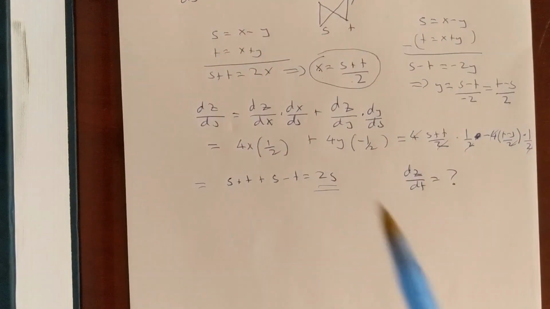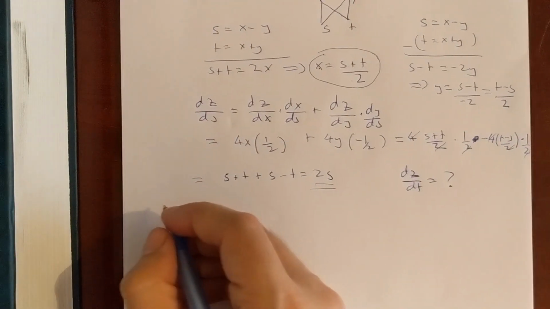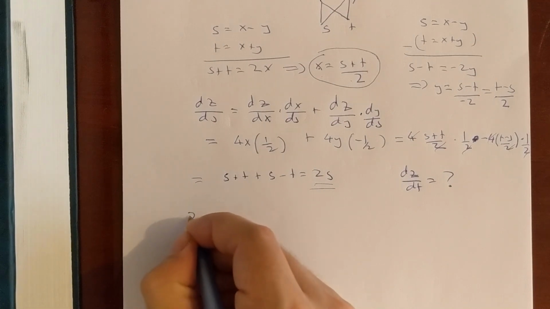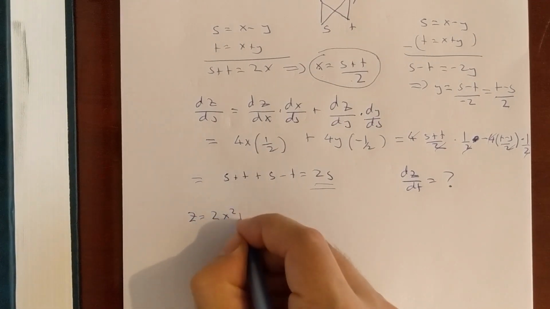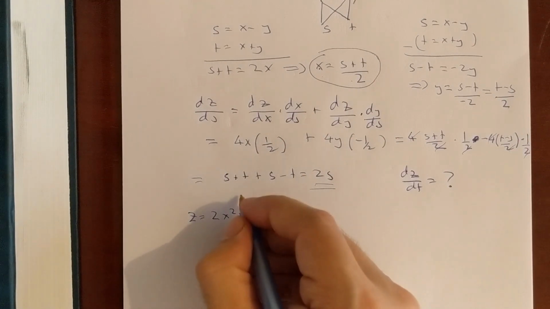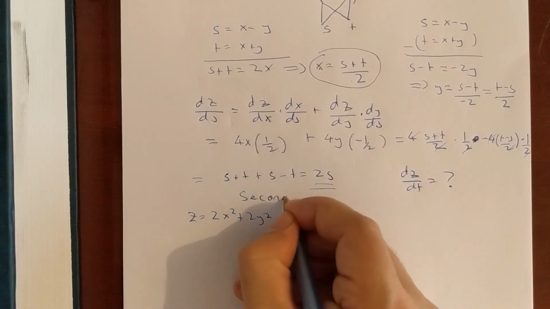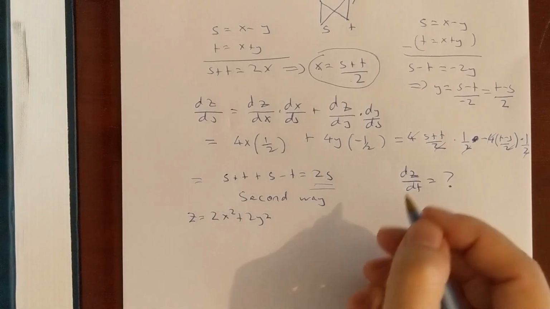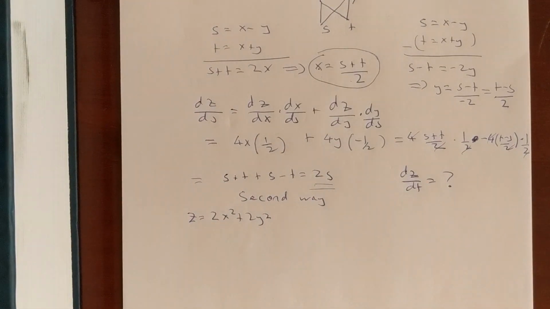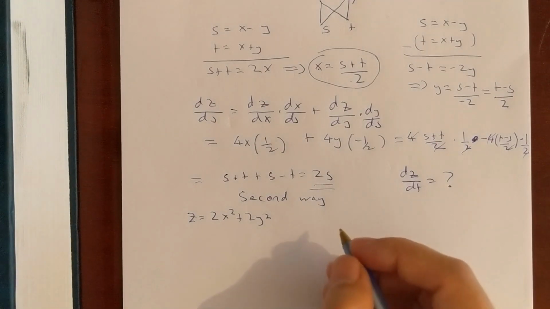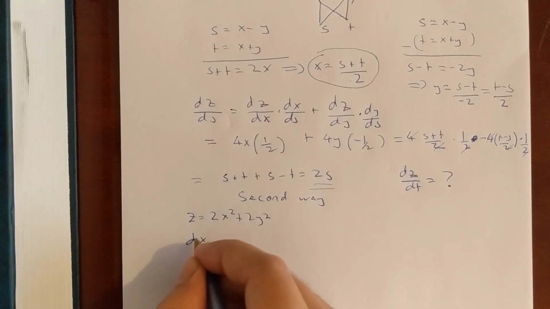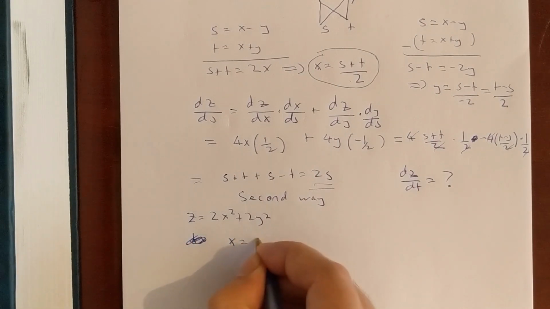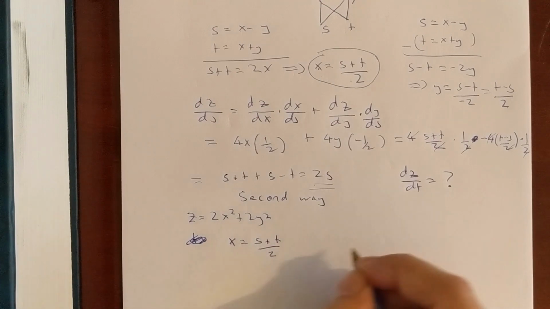Let's do that. So remember, as a summary, we had z is equal to 2x squared plus 2y squared. So this is another way, a second way, just to check our work. And because it's nice, it shows you that the chain rule actually works. You don't have to, of course, there's a proof of it, so it absolutely works. But you can see it with your own eyes that it actually works. So we had this, and remember we concluded that x was equal to s plus t over 2,